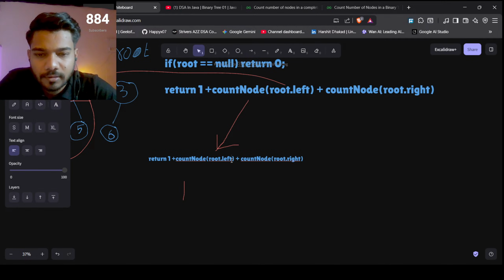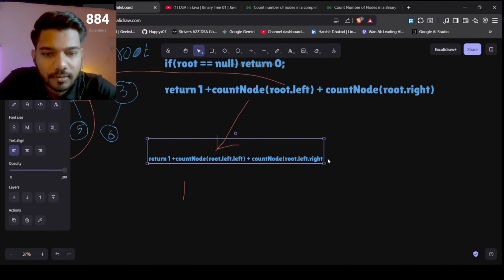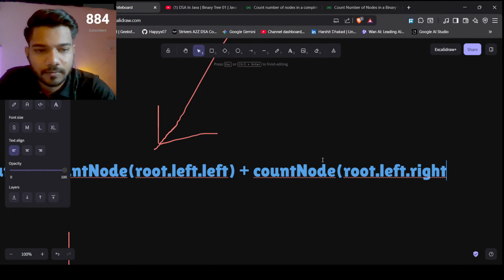It will return the left dot left wala root, and it left dot right. इसका सिंपली मीनिंग ये है कि लेफ्ट सब ट्री का लेफ्ट नोड एंड राइट नोड. Okay,